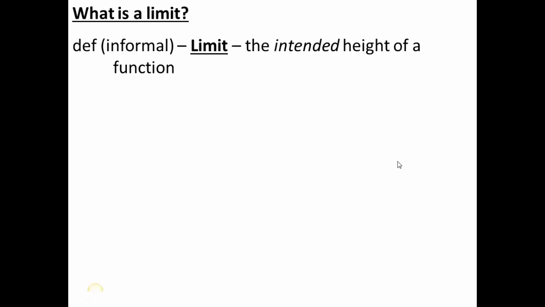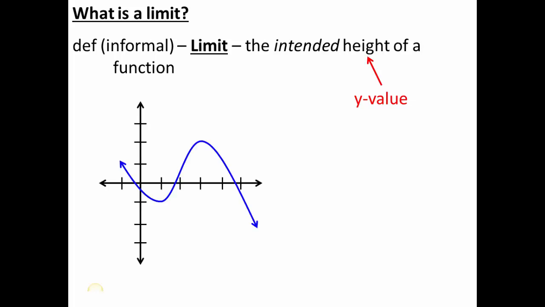Another informal way of describing what a limit is, is the intended height of a function. Not the actual height, but the intended height. Anytime I refer to height, I'm referring to the y value of the function. Height would be how high or how low below the x-axis the graph is, which is represented by the y value. So consider this function right here. Notice this function is a nice smooth continuous curve, probably the graph of a polynomial function. Sometimes I'm going to refer to this as a well-behaved function, because everywhere along the curve it's behaving in a reasonable manner. It's not jumping up or down, going in a drastically different direction. It's just going in this nice smooth flowing curve forever and always.